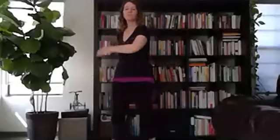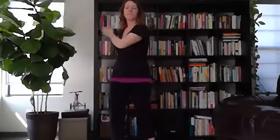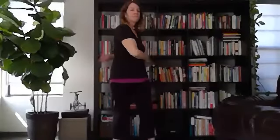Letting the arms swing freely. Tapping at the upper back and the shoulder. Bending the knees a little bit to protect the knees and the back. Then you can work your hands down, tapping the sides, kidney energy area,